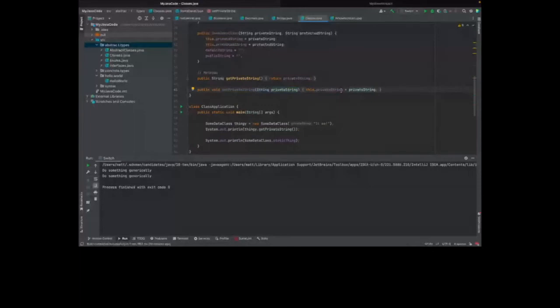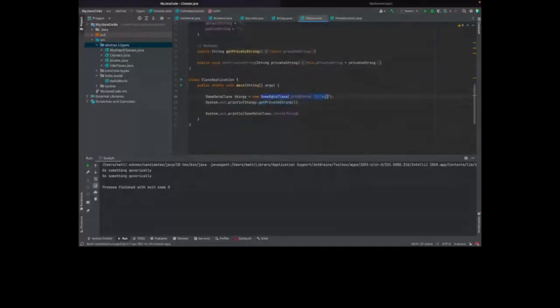So here in my little application class, I create an object, or an instance, of type SomeDataClass, and I use this constructor. Whenever you use a constructor, you always use the new keyword to be able to create it. That essentially tells Java to create a little bit of memory and store all of this stuff in a variable.